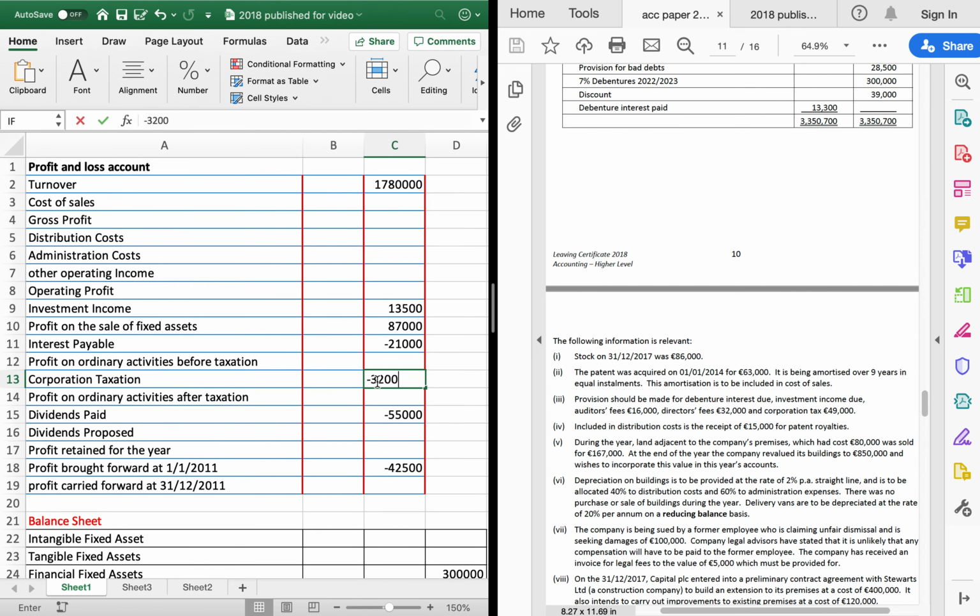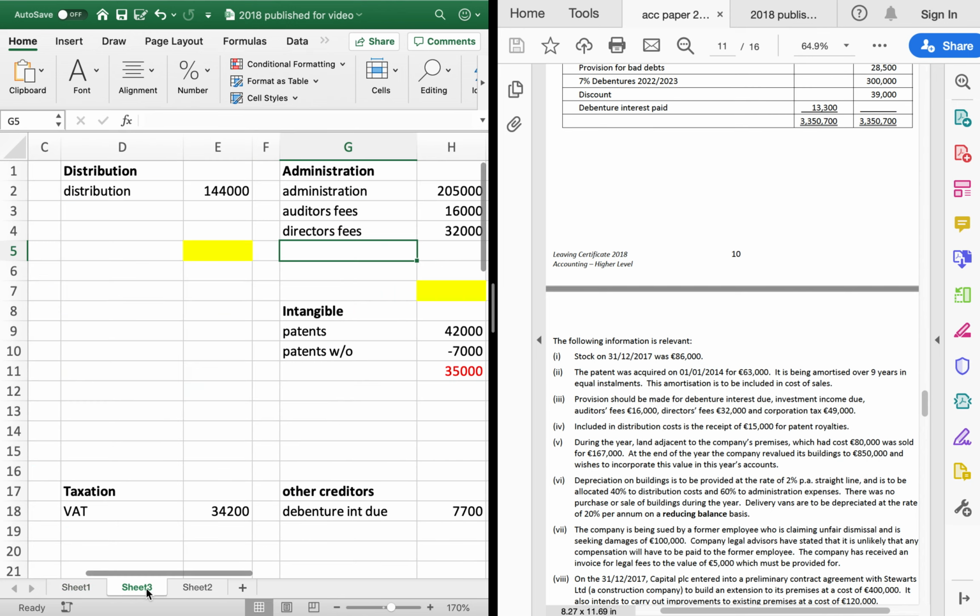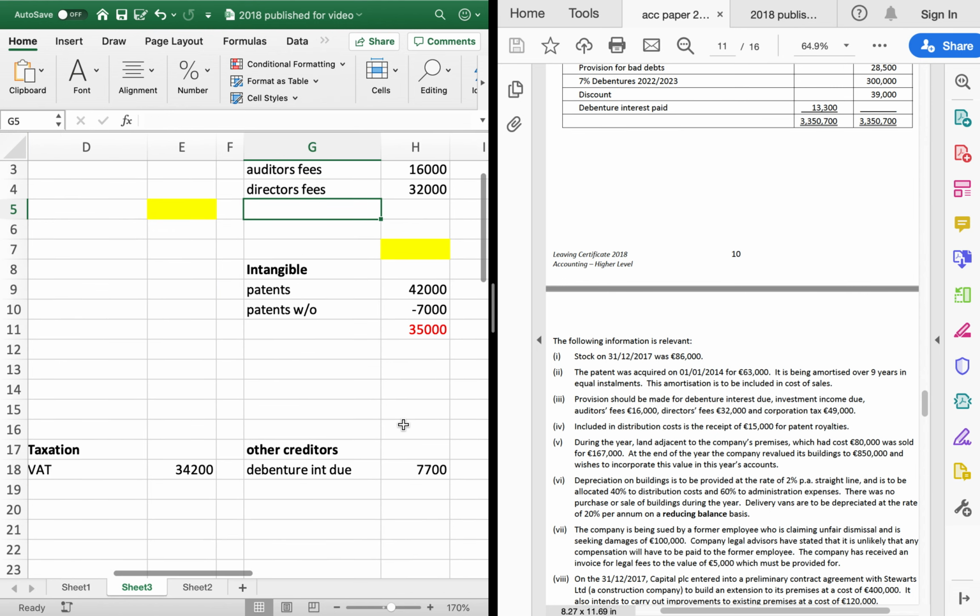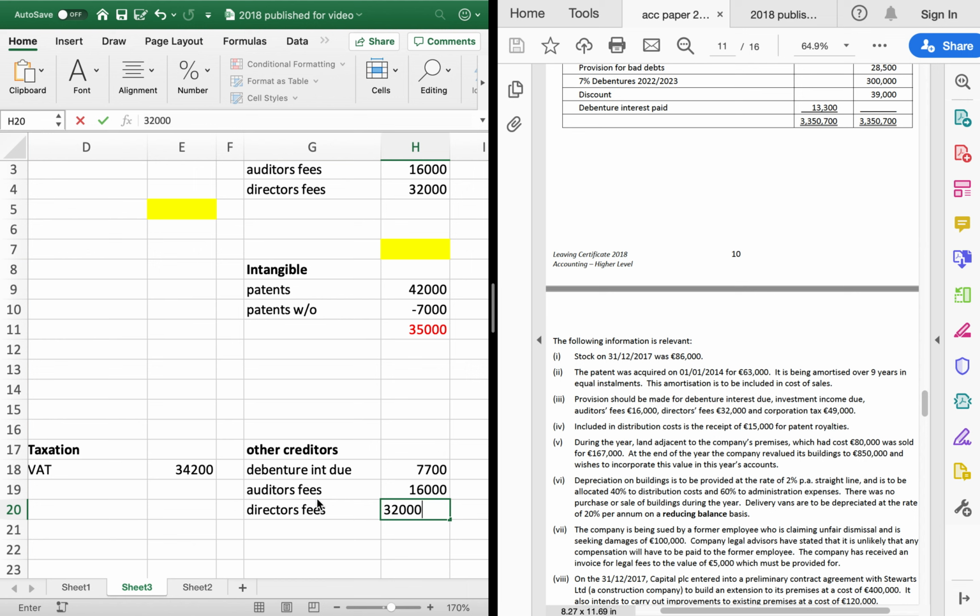Minus 32,000. So they've all gone in once on the first page. They then have to go on to the second page. So you're providing for them, which means you haven't paid them. So they're liabilities. So the first two, auditors fees and directors fees,